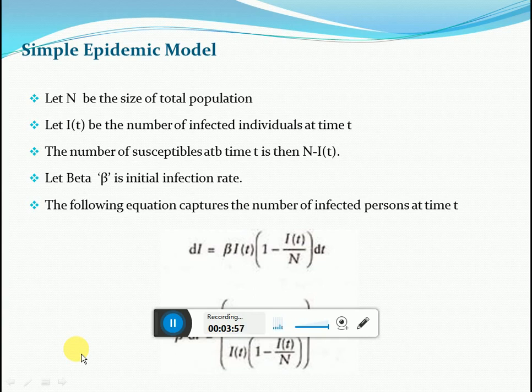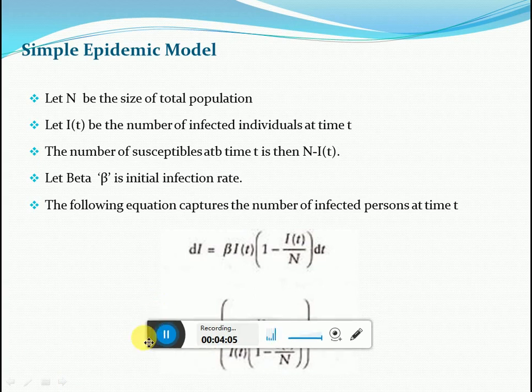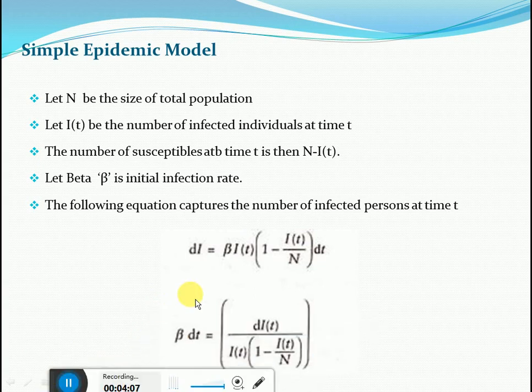So beta talks about how many people are going to get infected in 1 unit time. Now, to know the set of people who are infected by already infected people, we are using an infection rate